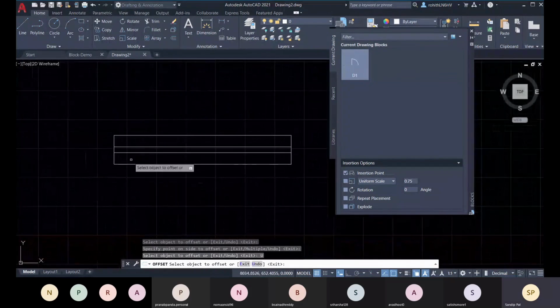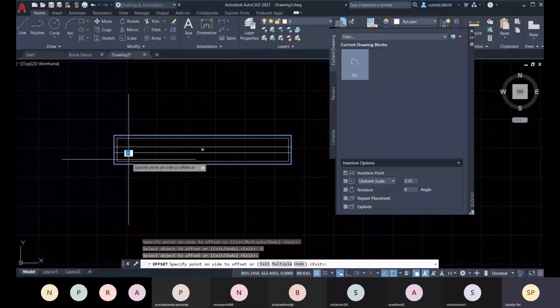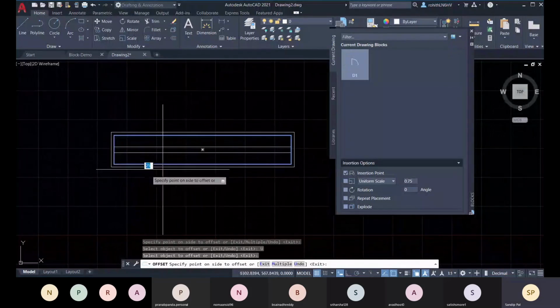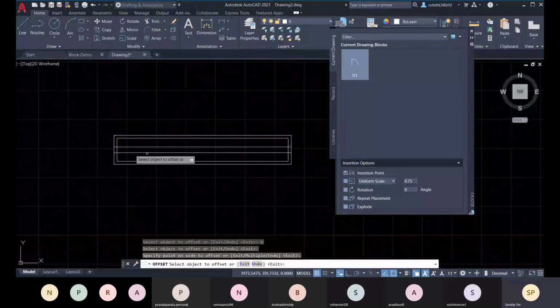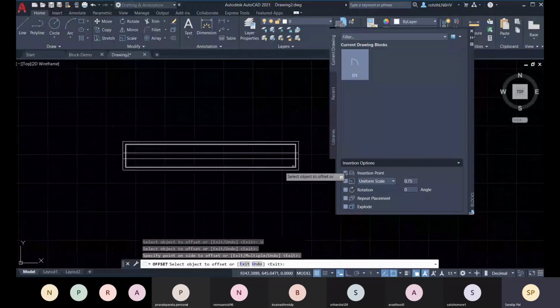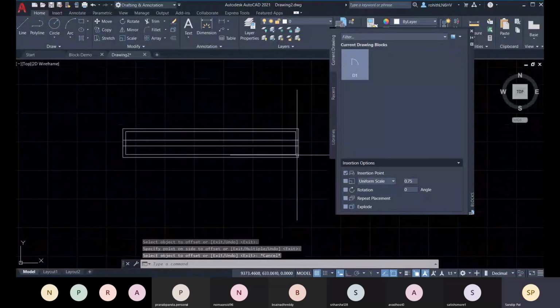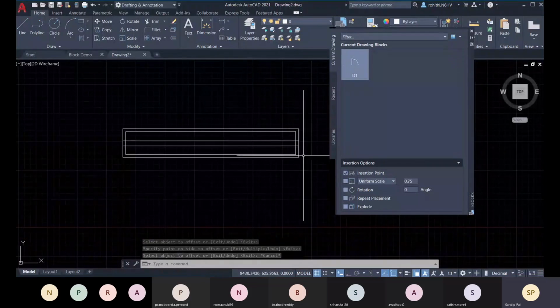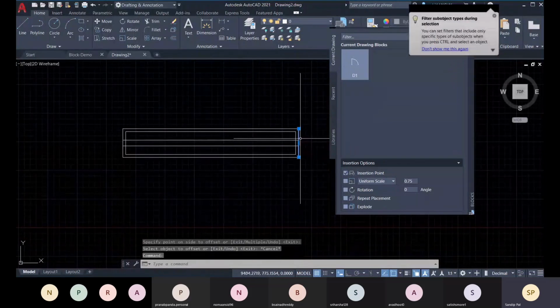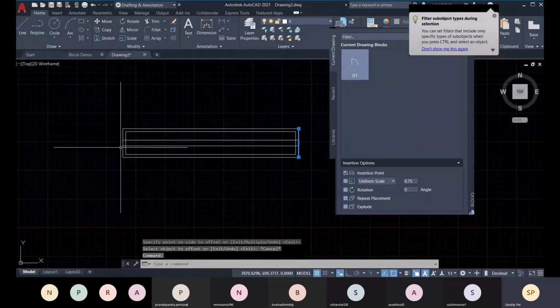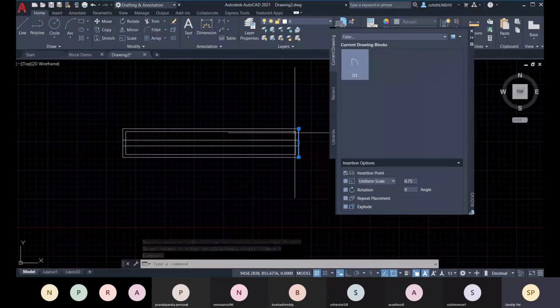So for that, I will hold Control and then select it. If I hold the Control, it generally selects only that particular side, so it's like you filter the selection. Right now it doesn't work for offset.